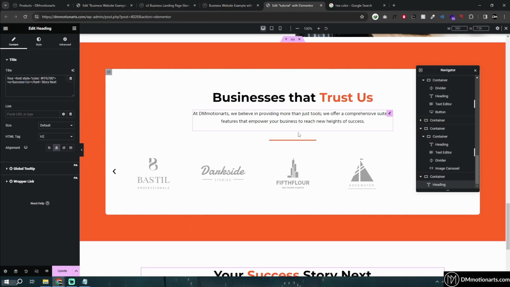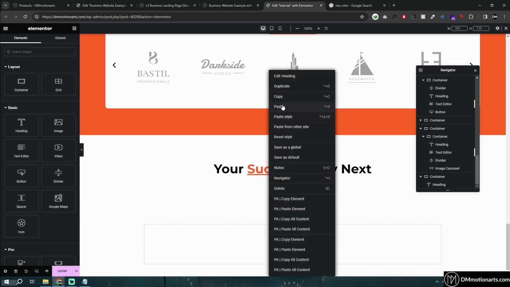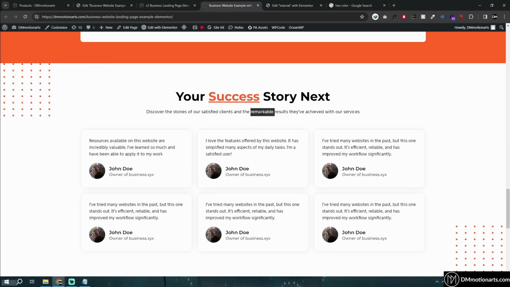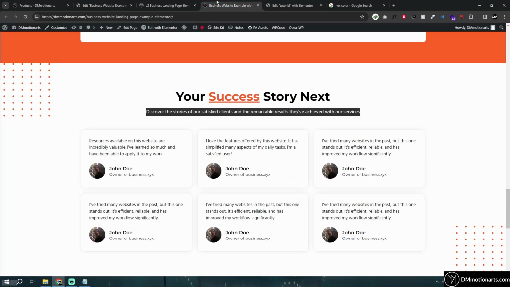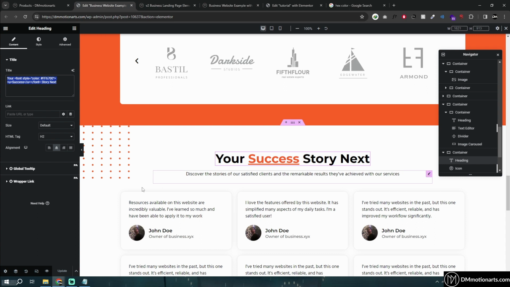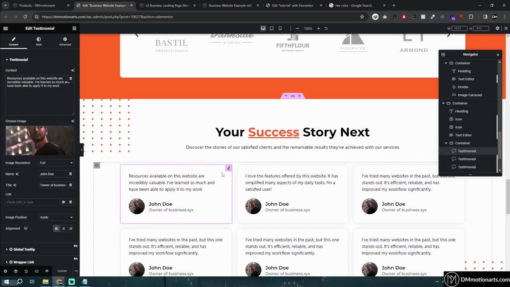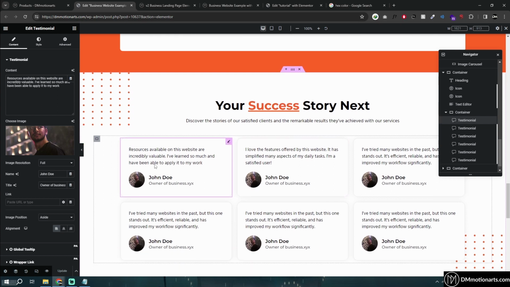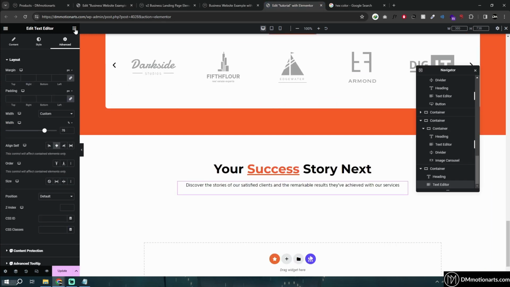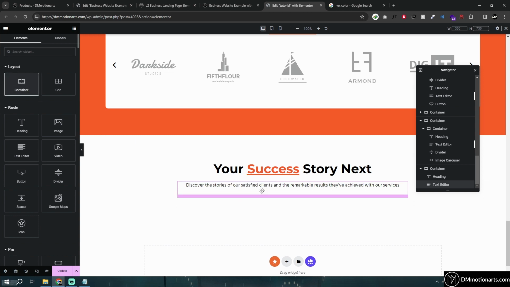Next, again copy paste. We are just doing copy paste again and again like this. Let's copy the text. Next we will add is our testimonial, and the way I have done it is I have actually used the testimonial widget, and there are multiple ways to do it. You could also make everything in containers. So instead of using the testimonial widget, you could basically use 6 containers, but for this one we will do it with testimonial. So let's add one big container,